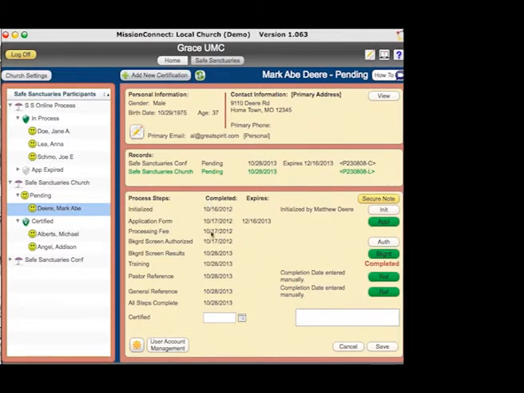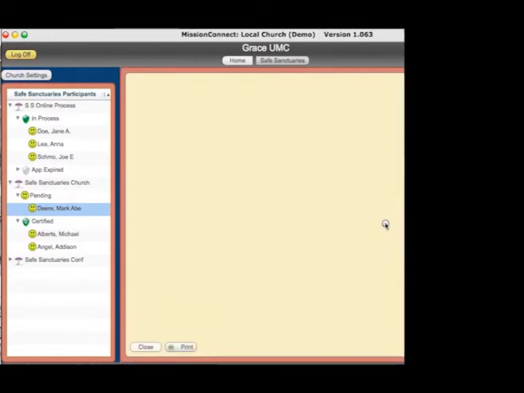When a date fills into that column, it's like a check mark, and it means that step has been done. And especially when the all steps complete has a date in it, that's a hint, as well as the pending status, that it's now ready for the LCA to review. We've recently added green highlights to four sections in particular that the LCA reviews: the application, the background screen, the references, and you're looking to see that their training is completed. So we're going to click on the application record,